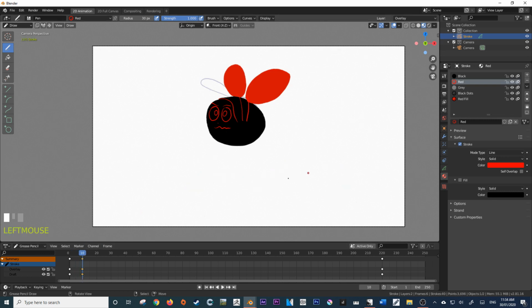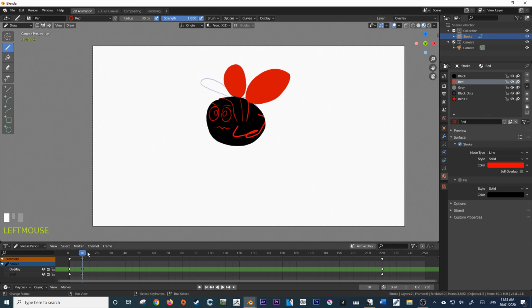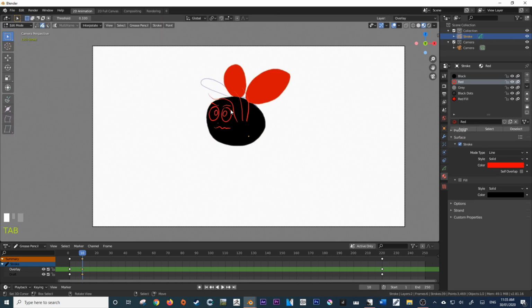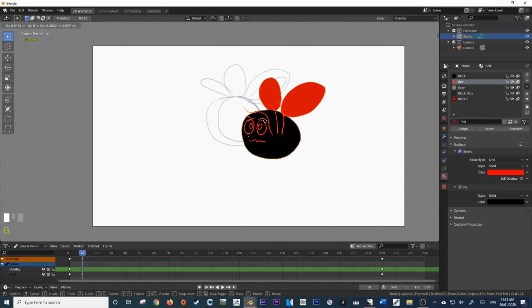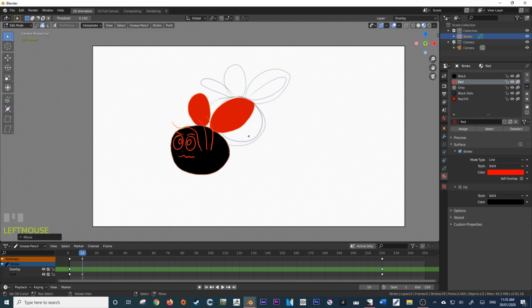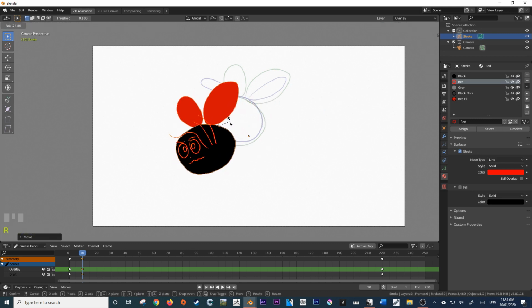Now, if we were to edit this frame here, you'll see how it only shows up once we pass this frame. That's because it's a unique data set within the stroke. And so now that we have this new picture, we're able to edit it. So I can come over here to edit mode, select all my points by pressing A to select all, and then I can move it within the scene. So maybe I want to move it over here, maybe I'll give it a bit of rotation as well, pressing R to rotate it.